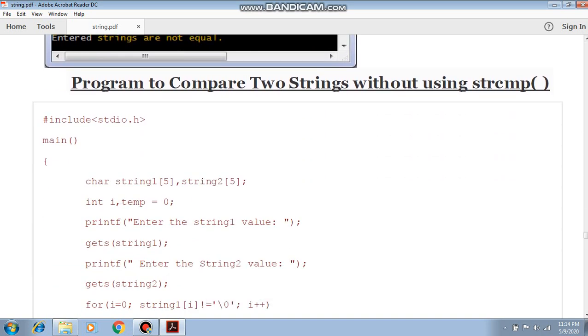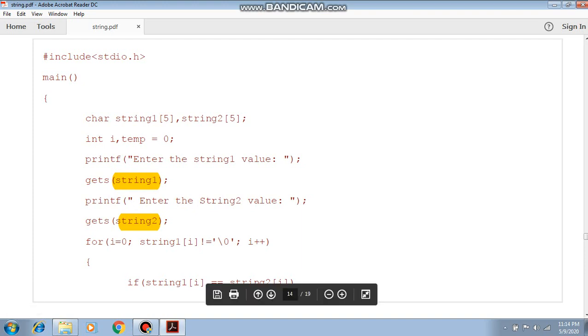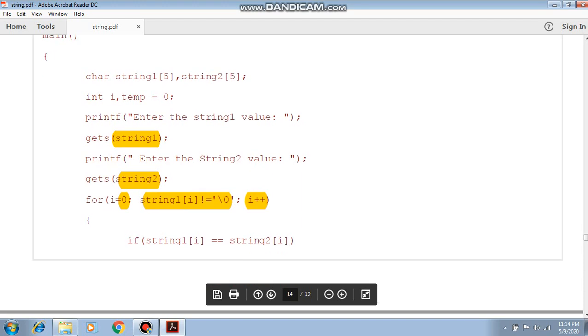Now without using strcmp, first enter the first string, enter the second string, and we compare the strings. The loop continues from 0 up to the null character, with i++.